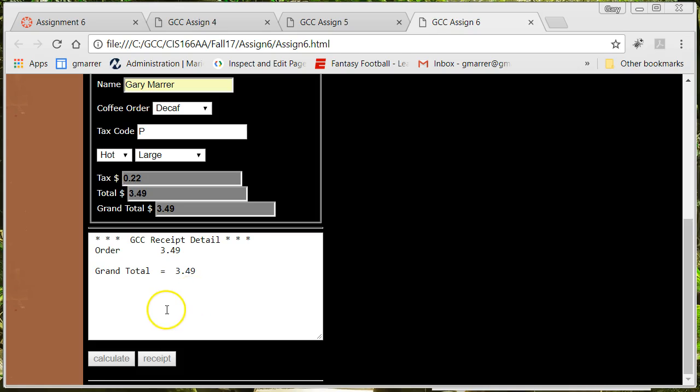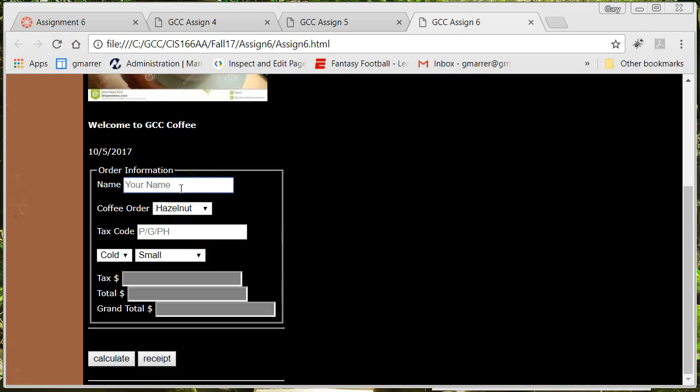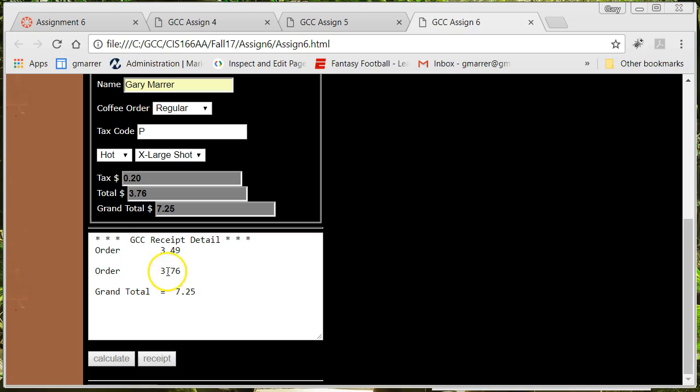All right. Now, the tricky part of this is that as soon as I click the receipt, I can do no more processing. I haven't really written it to clear the receipt. So for this first one, I just had one purchase and I added the receipt, so that's it. If I run it again here, let me put a couple of them in, make sure this works okay. It worked yesterday, but then again, that was yesterday. So let me do this, and I'm just randomly picking some things. Let's do a calculate. Let's change this to regular, make it extra large. Let's calculate that. Now when I hit the receipt, I should show 2 items, and I should show the total